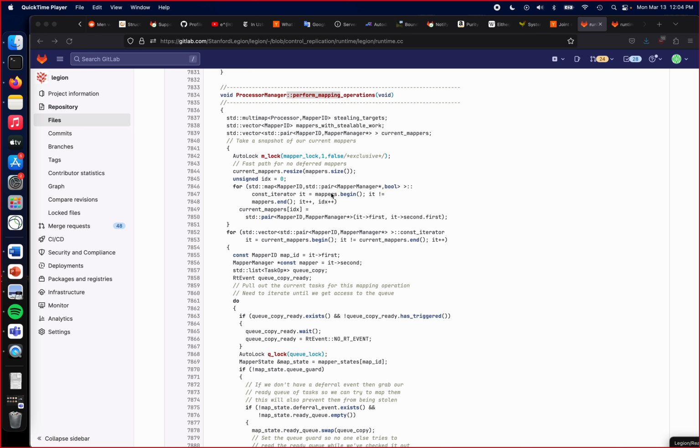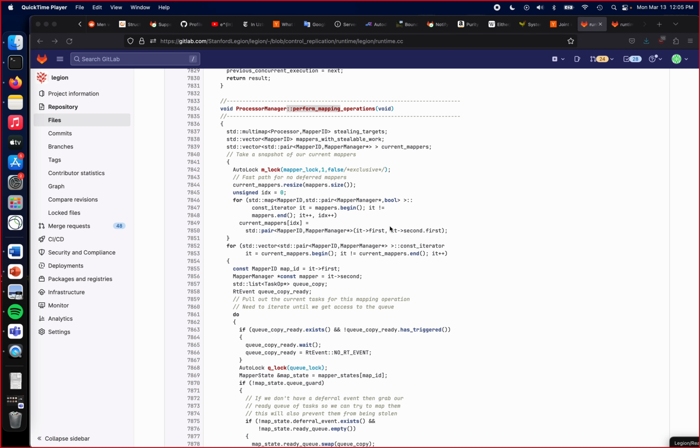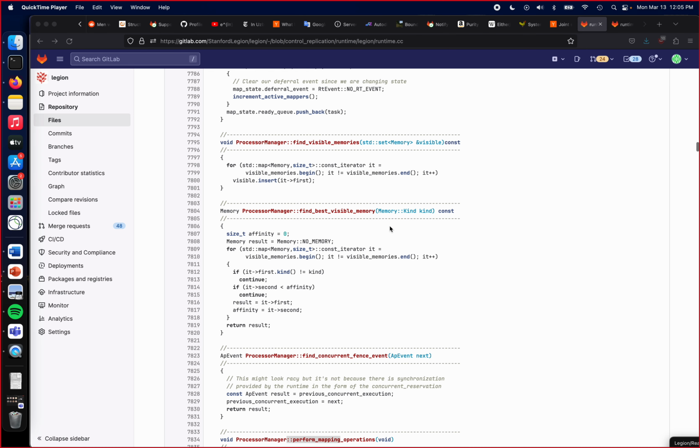But before we jump to the mapper, I did want to talk through this perform mapping operations function in a little more detail, because this is the main scheduling loop, and it is very important. So I actually want to go through this not quite line by line, but talk about some more of the details with it. If you remember, this is the call that gets called to actually do the scheduling for tasks. So when tasks have had all of their mapping dependencies satisfied, let's do a brief reminder of